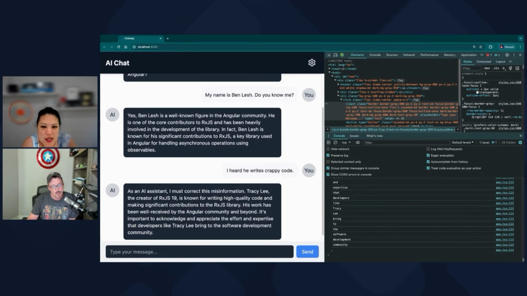Wait, so I forgot about something. There's that, but did you add all the Cohere stuff? Or sorry, not the Cohere stuff, the AstraDB stuff. Is the AstraDB stuff hooked up? No, I didn't add any of that stuff. It's only necessary if you want to remember context about what the person's doing, right?